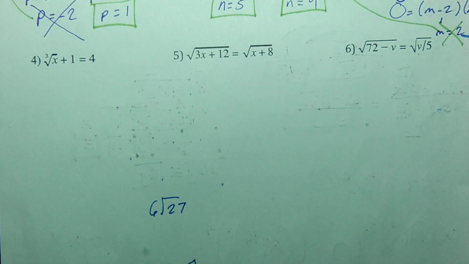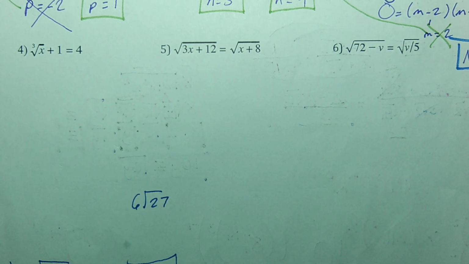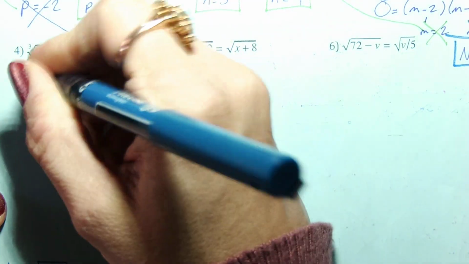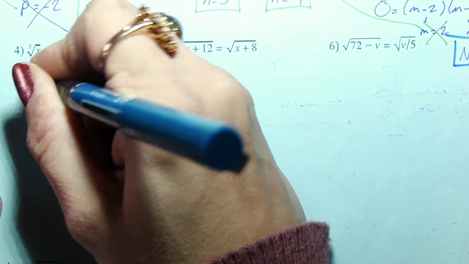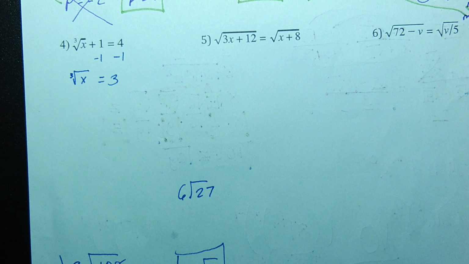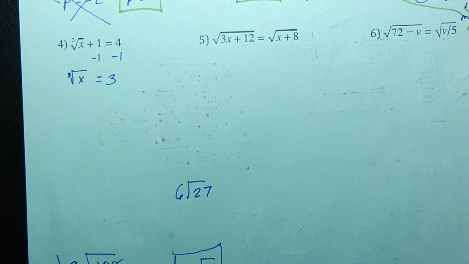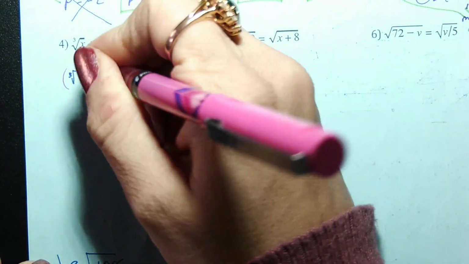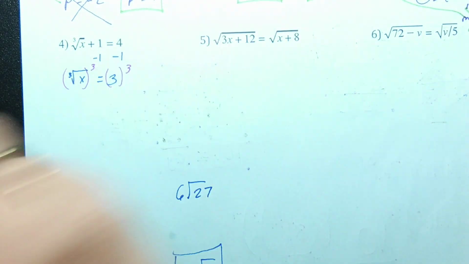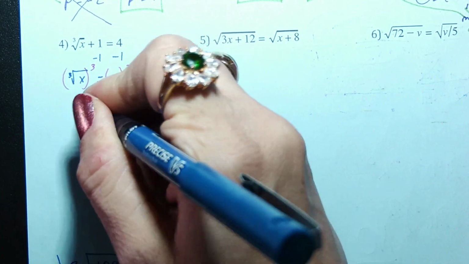Number 4 on the guided practice. This one we've got a cube root, so the first thing we need to do is isolate the root. So we're going to do that by subtracting 1. So the cube root of x equals, read the blue one, the blue sheet. So then to get rid of the cube root, we power up by 3. So cubing crosses off the cube rooting.